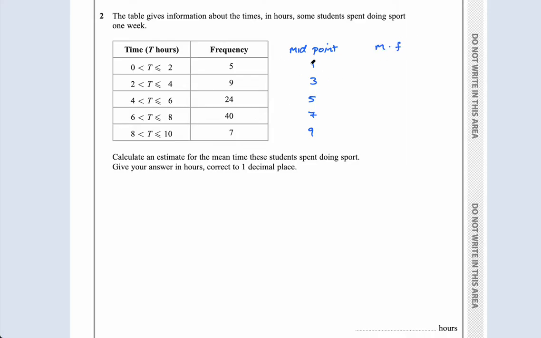M times f is 5 times 1 is 5. 9 times 3, 27. 24 times 5 is 120. 40 times 7, 280. And 7 times 9, 63. Use your calculator if you want. The mean is then equal to 5 plus 27 plus 120 plus 280 plus 63 over, this is the mistake